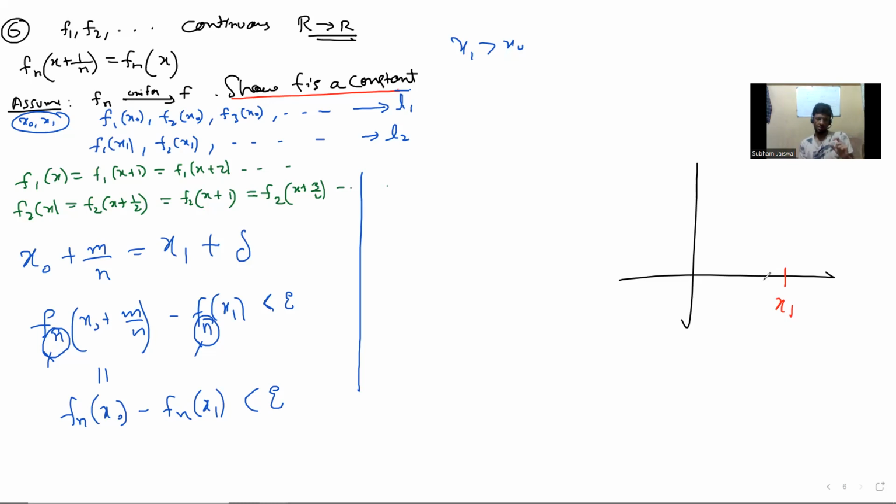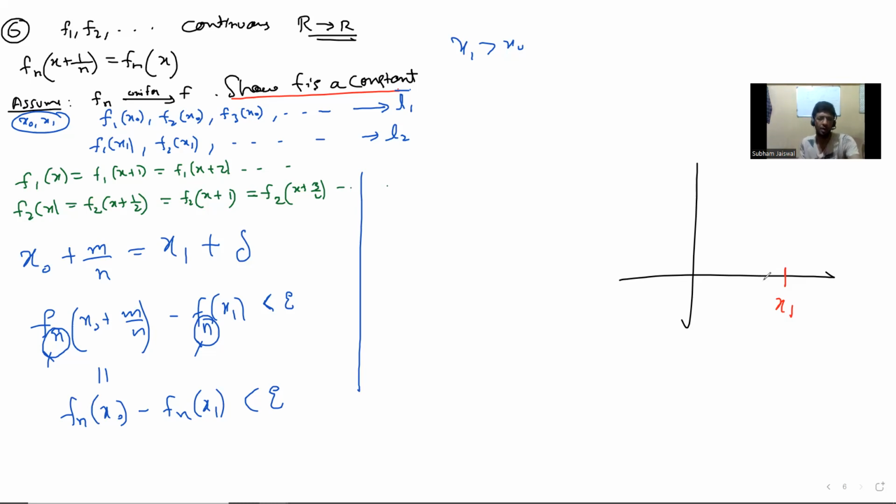If you start with x1 and x naught, and you want fn, you want n so that this becomes less than epsilon. So you start with an epsilon. Okay, start with an epsilon. Now, to find the delta, you need an n, right? So you maybe take some arbitrary n. Yeah, so that's the problem. If you fix some n, and then you take a delta, but then for that delta, you may need a larger n,